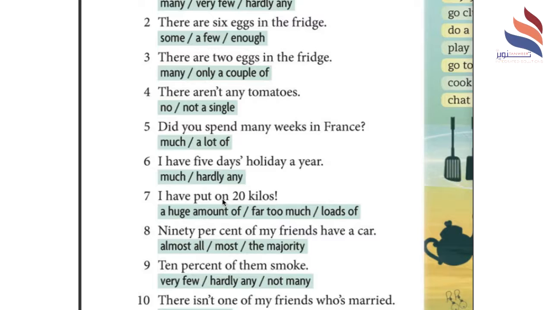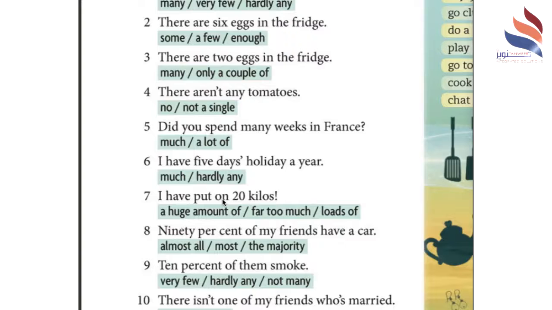Okay. Number 7, I have put on 20 kilos too much. A huge amount of, and far too much, and loads of. So here I can say I have put on a huge amount of weight. Also, I can say I have put on far too much weight, and I've put on loads of weight. Let's move to number 8, which is like 90%